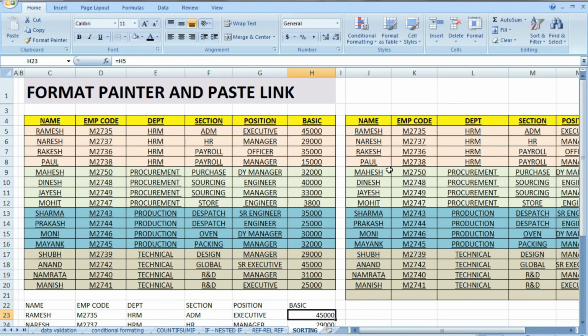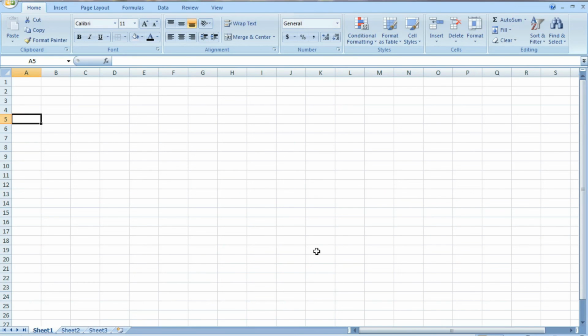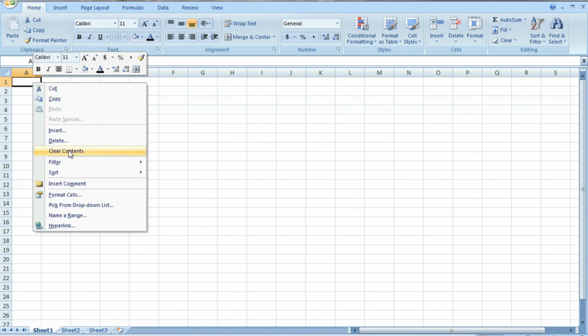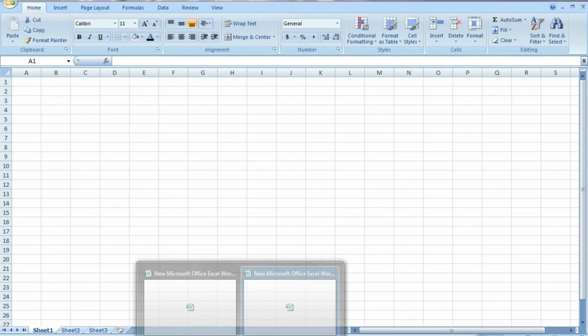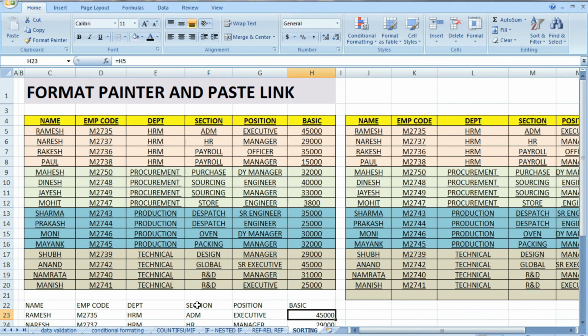Same thing I can do with another Excel sheet. Suppose I copy this data, to paste special. Suppose I copy all this data.